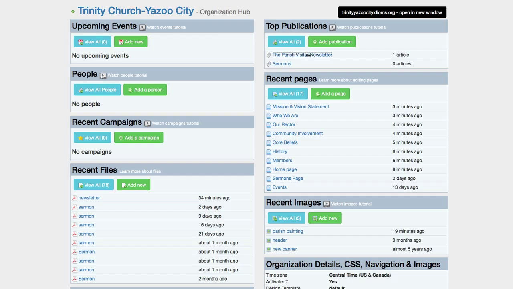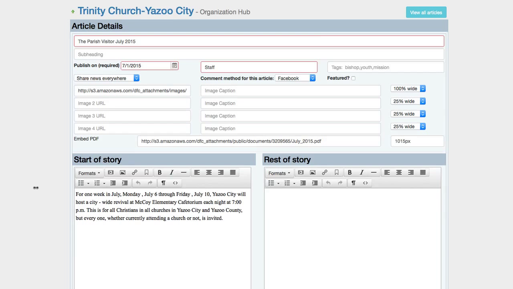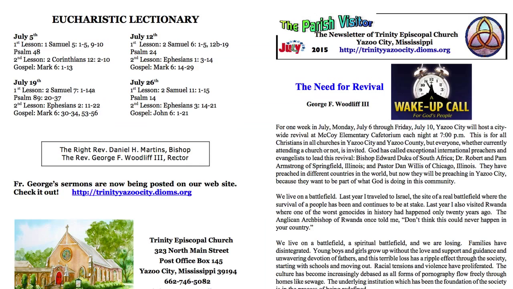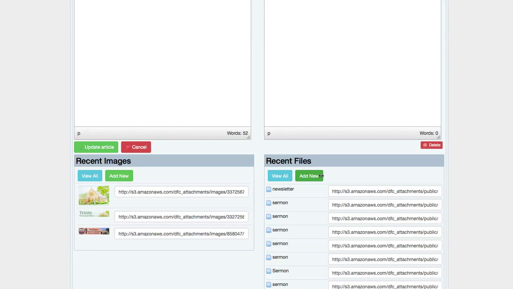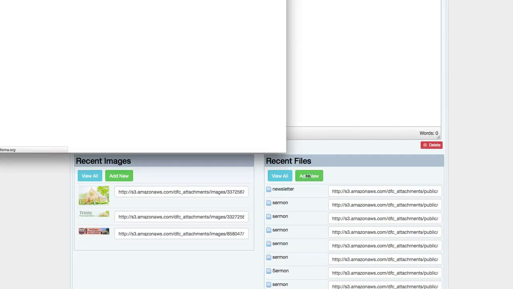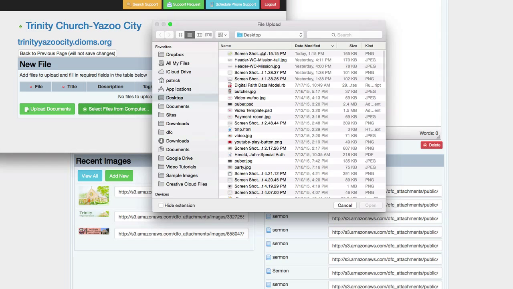Once we've created the publication, we can begin to add articles to the publication. These articles would be each monthly newsletter. In this example, I've added and uploaded the first newsletter. So the first step to do that is, in this example, we have a PDF newsletter. And this is kind of common for folks to have PDF newsletters. So we can just go under the Recent Files and click Add New, and then select the PDF from our